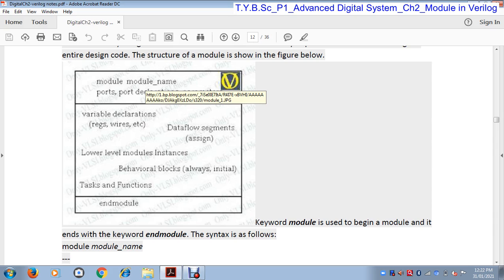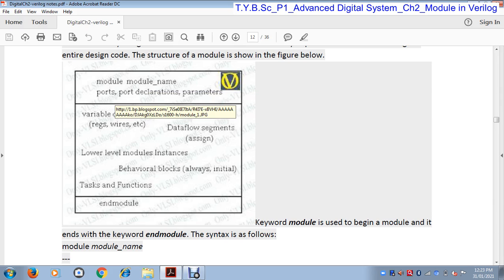In C language, suppose there is an addition function, then you give a name add, and you take some variables like x, y, and within that function you perform the operations. Similarly, module is a keyword, and this is the module name, which indicates that this is the module.